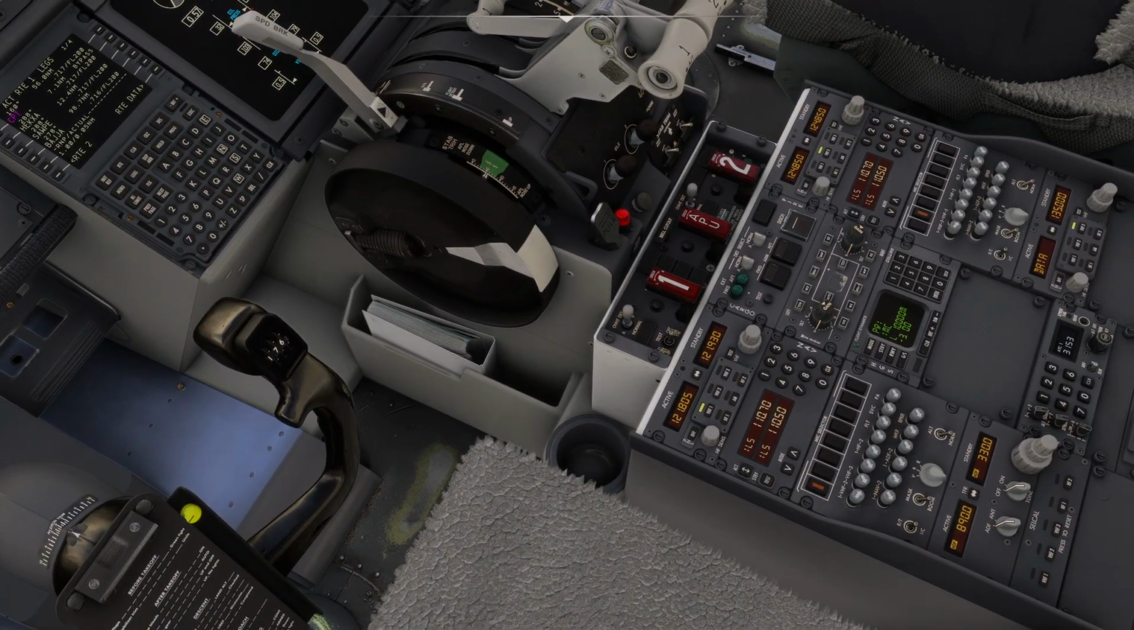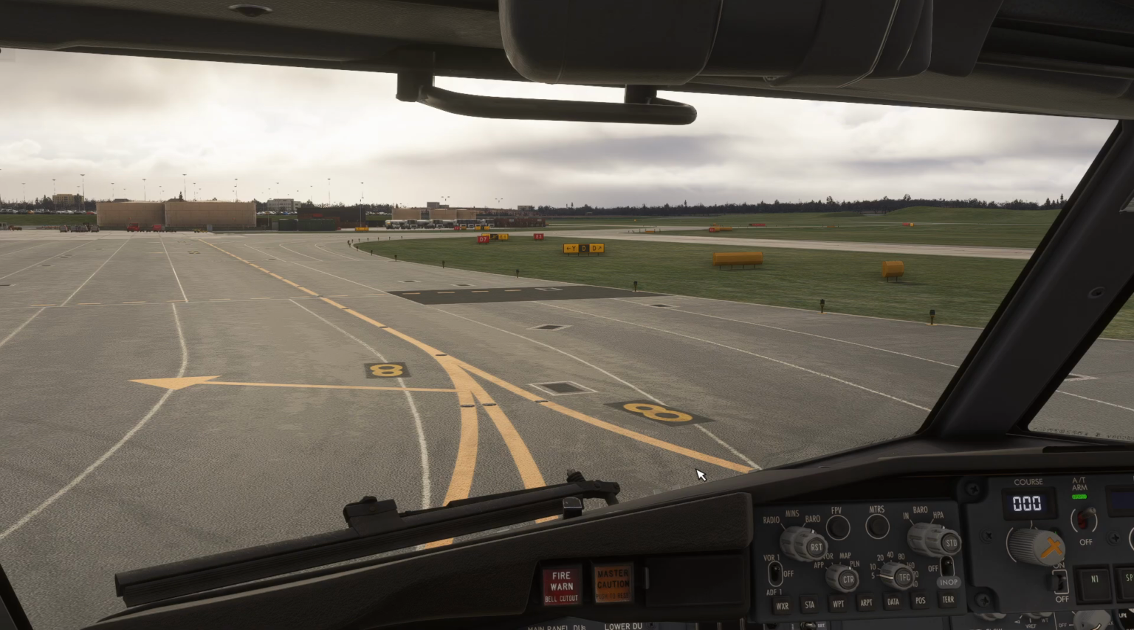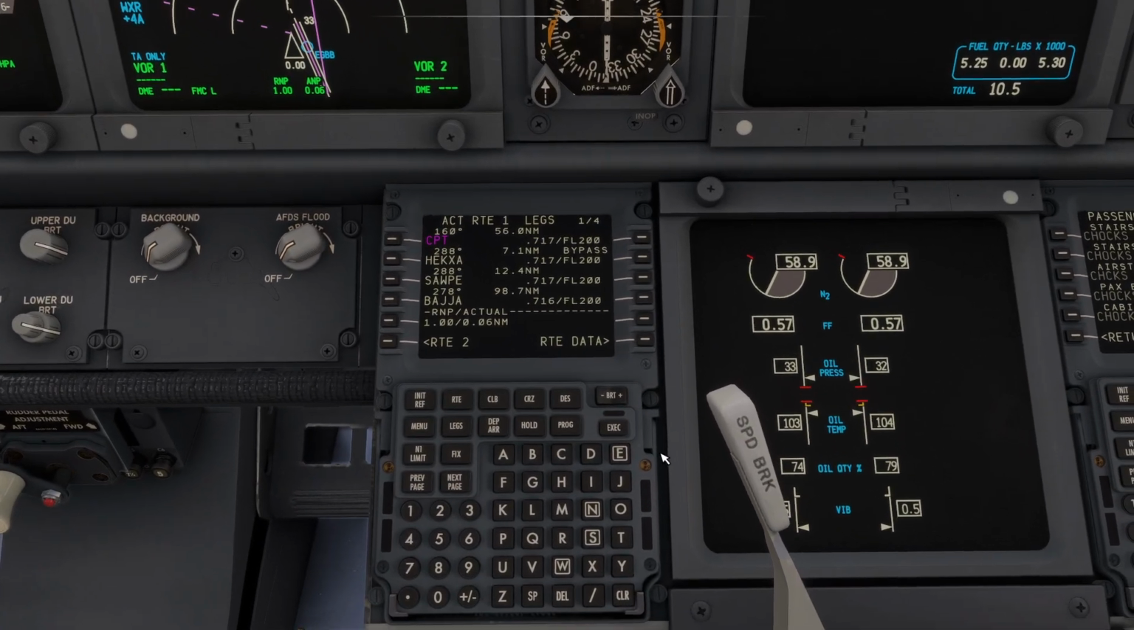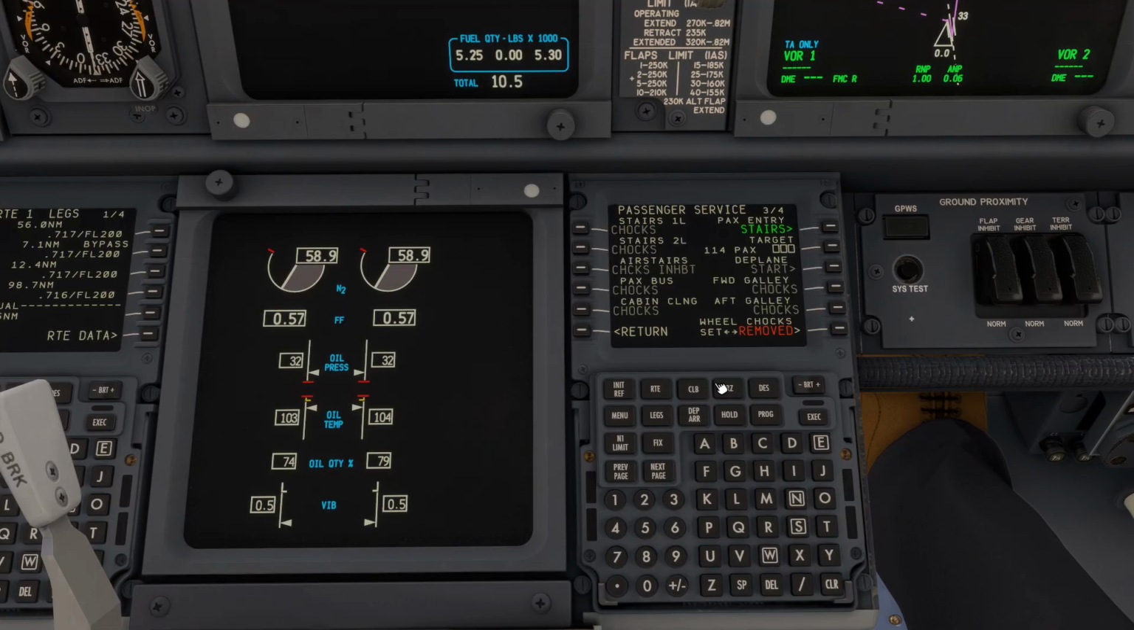So yep, there's nothing else to do. So at this point we can taxi. I just want to point out down here that when we were pushing back, this screen came up automatically, which I think